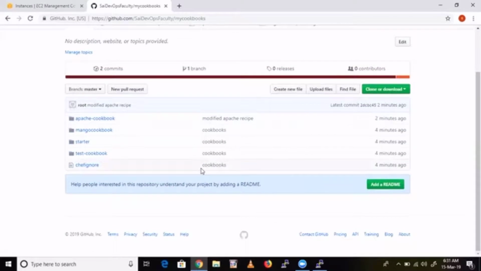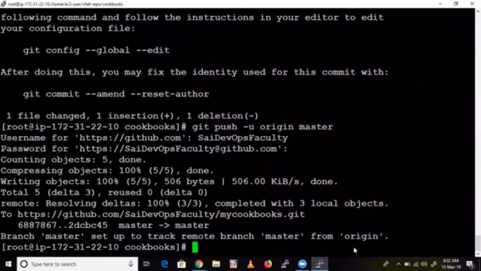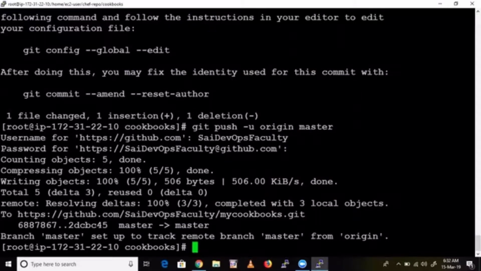That's why GitHub is not only for developers, guys. We store so many cookbooks here. See, these are my cookbooks. Understanding? Yeah. That's why we said testable, repeatable, and versionable. I got it. Thank you.